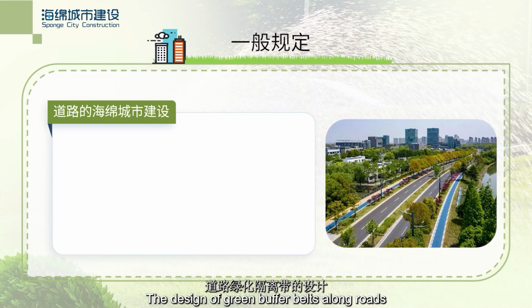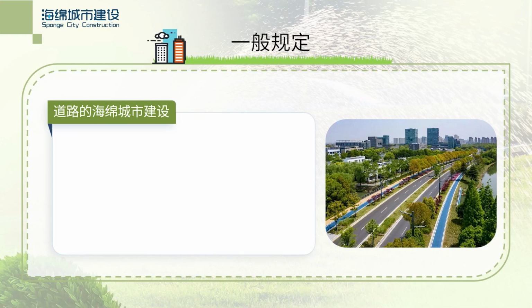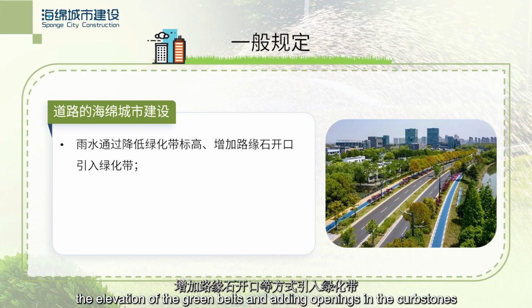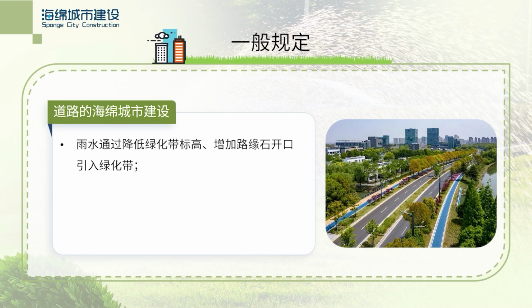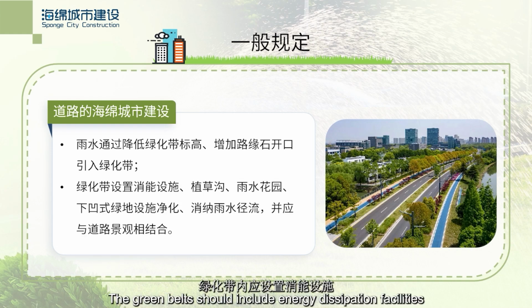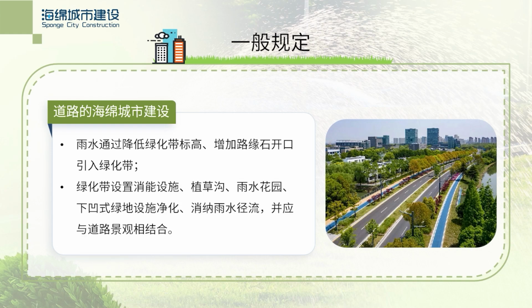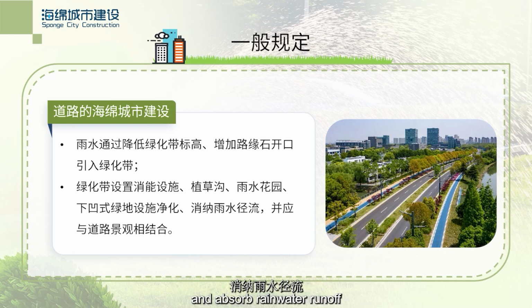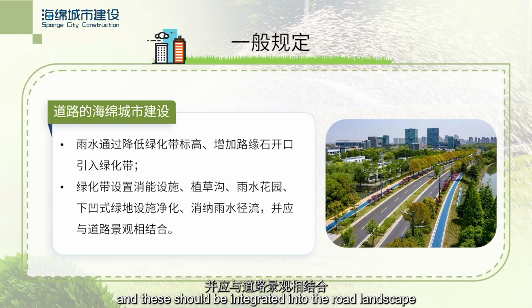The design of green buffer belts along roads should meet the following requirements. Rainwater runoff from roads can be introduced into green belts by lowering the elevation of the green belts and adding openings in the curbstones. The green belts should include energy dissipation facilities, vegetated swales, rain gardens, and depressed green spaces to purify and absorb rainwater runoff, and these should be integrated into